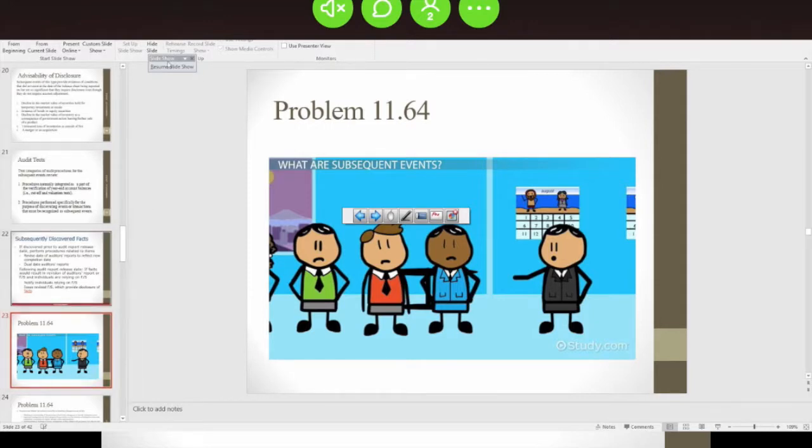Last week we were talking about subsequent events, right? The key thing is that there are two types of subsequent events: type 1 and type 2. Type 1 subsequent events are going to require adjustment to the financial statements, whereas for type 2 subsequent events,